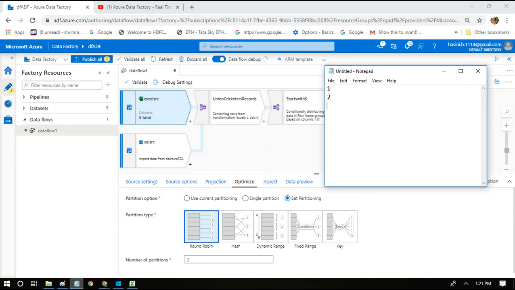10 records starting from 1 or 5 records. To explain quickly, we have 6 records and we have 3 partitions or 2 partitions maybe. Partition number 1, partition number 2. The left hand side is the serial number, the right hand side is the partition number. Round robin means every record is mapped to one partition sequentially. The first will be mapped to the first partition, the second record to the second partition, again the third record will be mapped to the first partition, the fourth record to the second partition, and then the fifth record again to the first partition, the sixth record